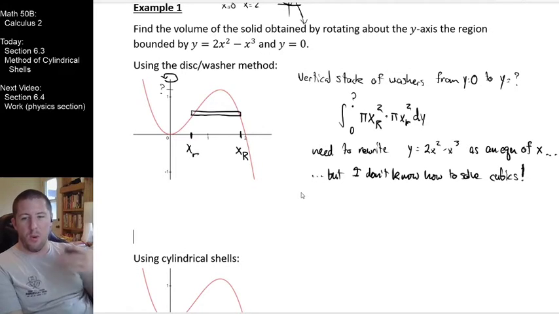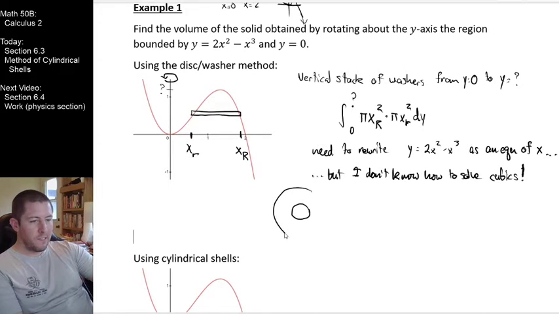I do want to just draw one last little picture here to make sure that we representatively see what's going on here. And so in general, we're in our washer method right here. This is our length, x sub little r. This is our length, x sub capital R. And here we're saying our height is an infinitely thin